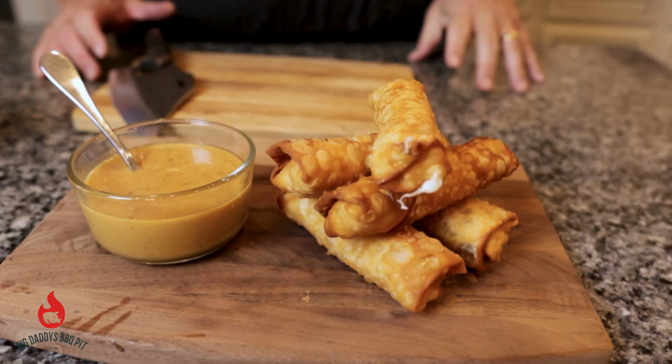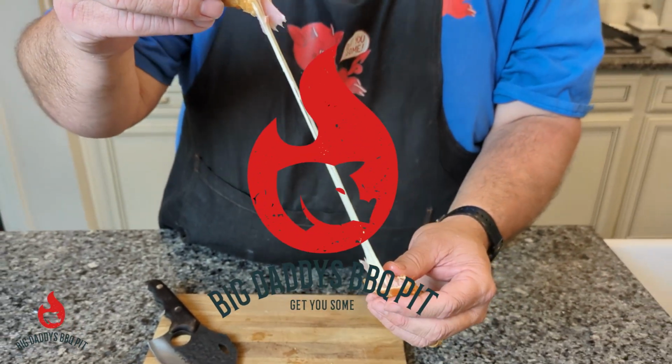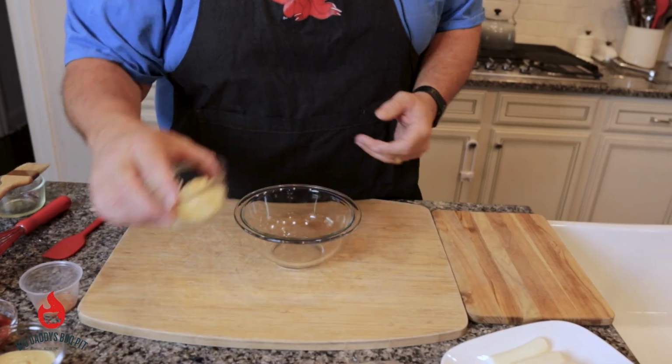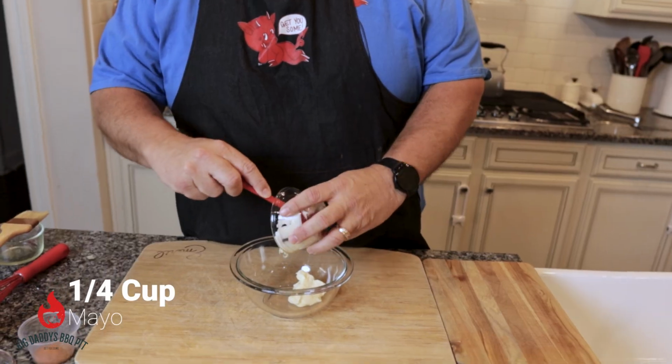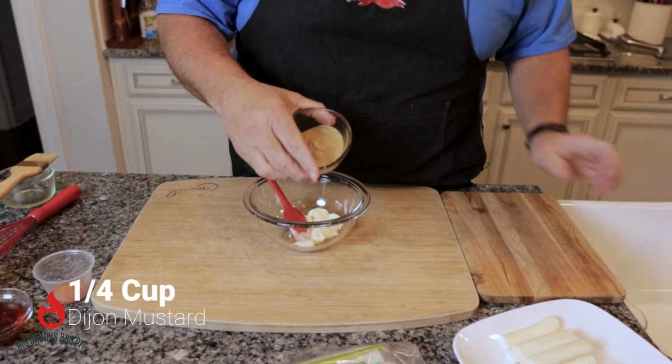This week, we're gonna do a ham and cheese roll-up with a spicy honey mustard dipping sauce. We're gonna start out making this dipping sauce. We have a 1/4 cup of mayonnaise, and you can pick your favorite. I believe this is Blue Plate. We have a 1/4 cup of Dijon mustard,